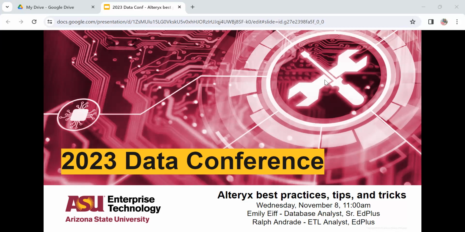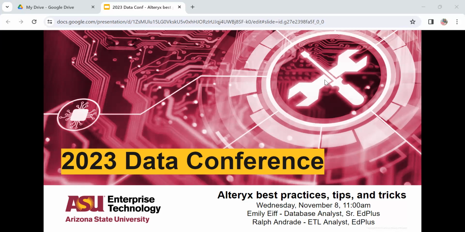We are both part of the ETL team in the recently reorged Action Lab at Ed Plus. I will confess right now, I asked Ralph to co-host before I realized how much information I had to cover. We have about 100 slides up here at the moment. So it's either going to be a lightning fast drive-by or the dedicated ones may be a little late to